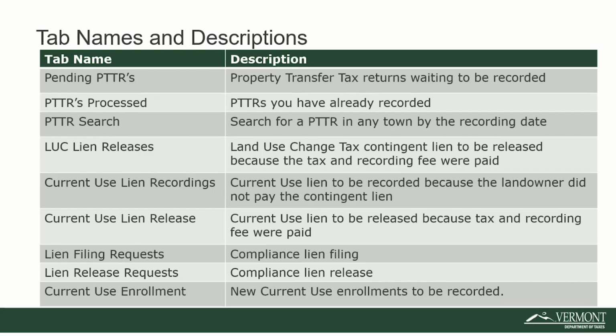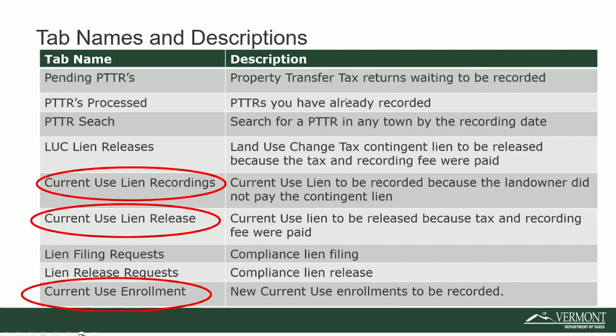The current use enrollment tab is new current use enrollments to be recorded. So these are those as approved applications that clerks get when a property gets enrolled or transfers and re-enrolled into the program that needs to be recorded. Important things about these circles. These are kind of newer tasks that we have inside of VTax. The current use enrollments, that was done inside of EQs, and then the current use lien recordings and the current use lien release. Those are newer tasks that were created by